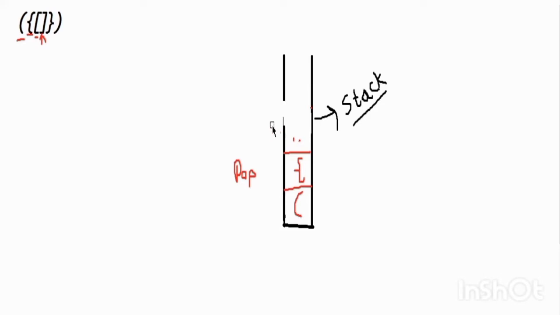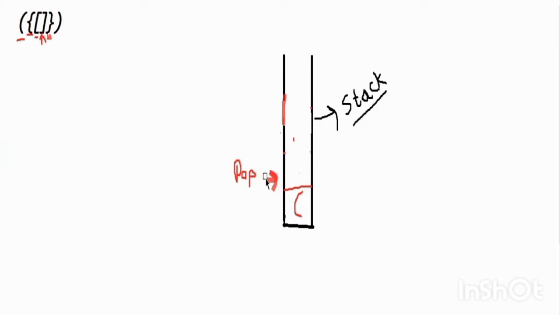Now move to the next element. This is a curly closing. For a curly closing, we have to check for the corresponding opening curly bracket by peek. So check the top of the stack to see that the curly opening bracket is present. It corresponds to that closing curly. So we pop that. Now move to the next element.